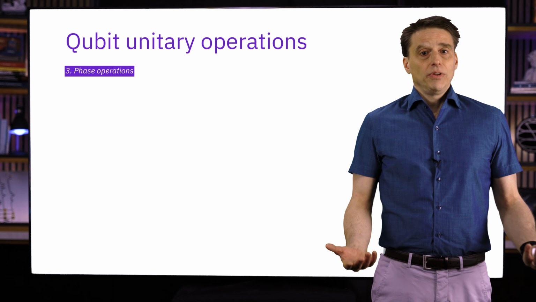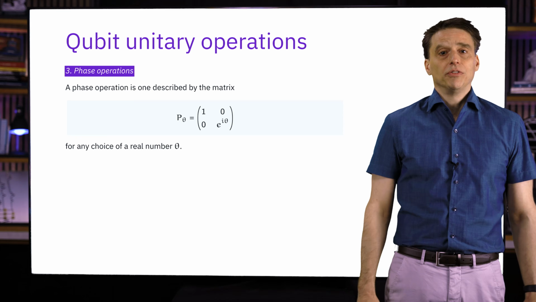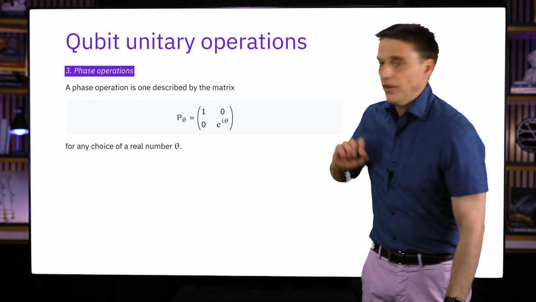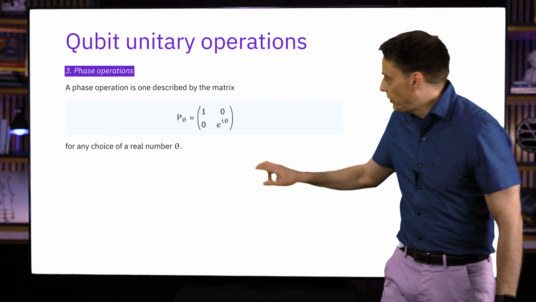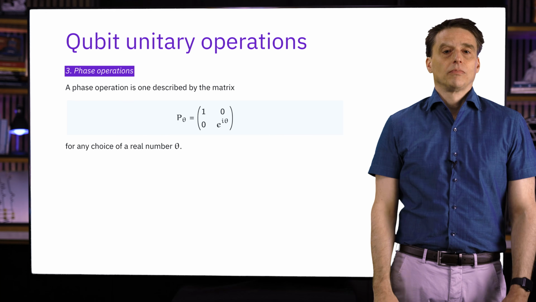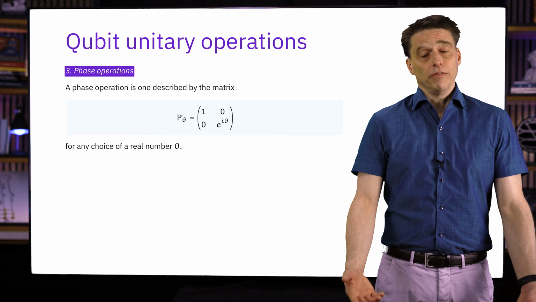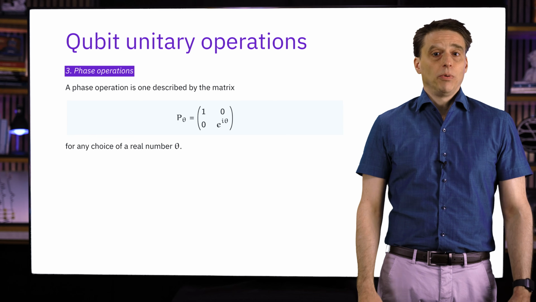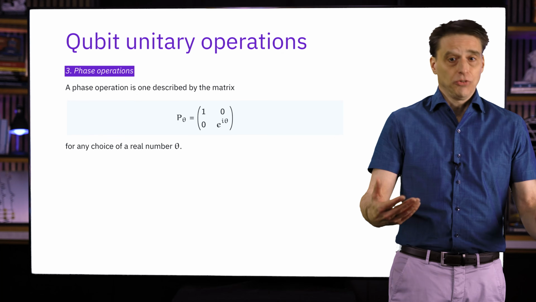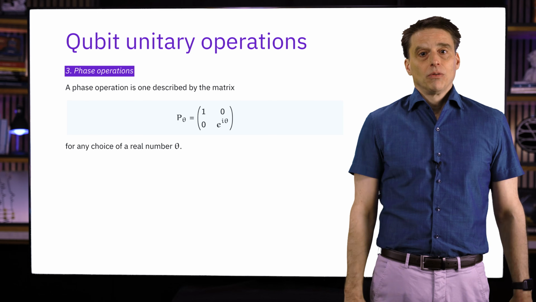The third example is really an entire class of unitary operations known as phase operations. These are operations represented by any matrix that takes this form that you see right here, where theta is any real number. So this entry right here will always be some complex number on the unit circle. Matrices like this are always unitary, which I will leave to you to verify. This time, the conjugate transpose won't be equal to the original matrix unless this number here happens to be a 1 or a minus 1, in which case we end up with either the identity matrix or sigma z, which we've already encountered.